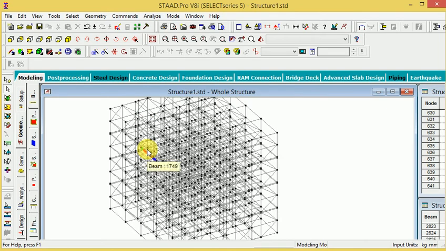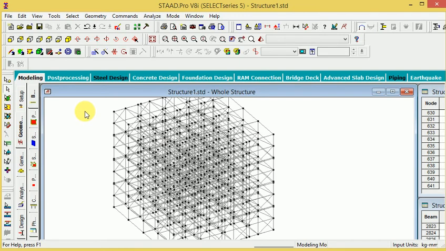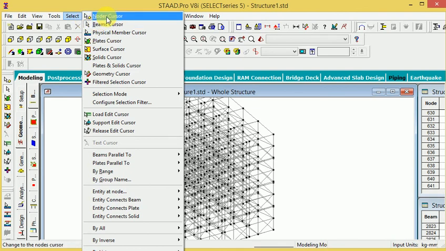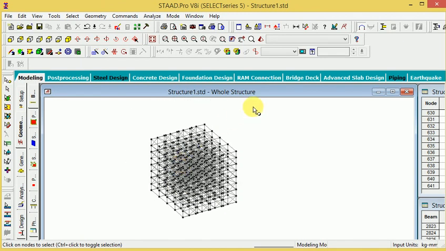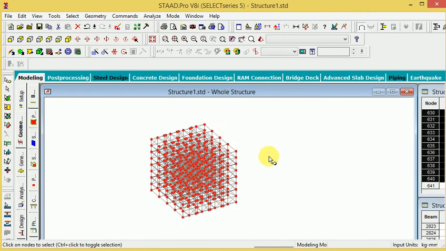Now how am I using the cursor here? This is selection. If you select the node cursor, only the node is selected, not the beam. If you click all body, this only selects the nodes, not the link and member. So I think you understand that for this diagram the node cursor is selected.